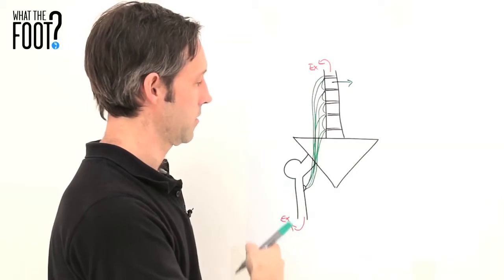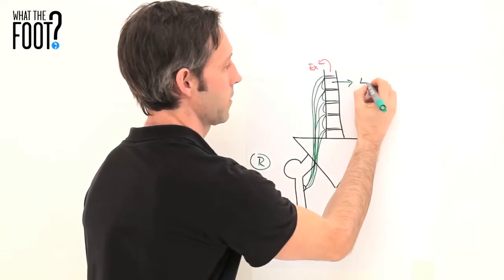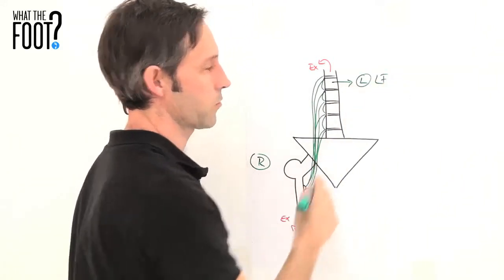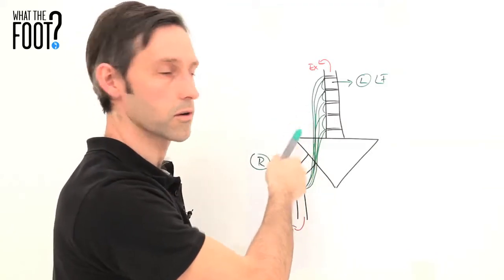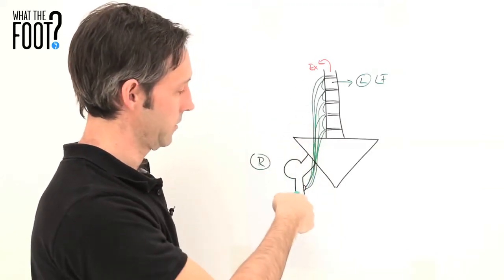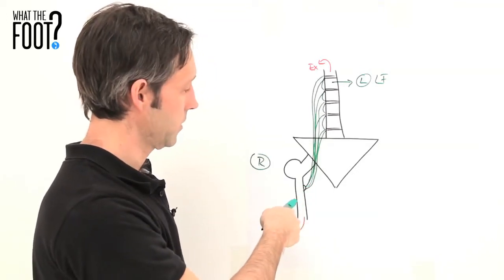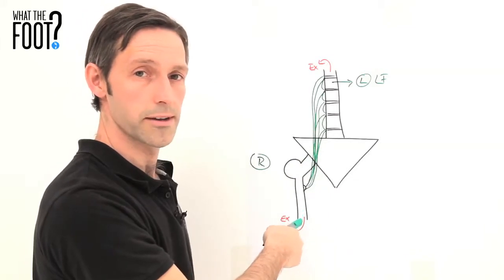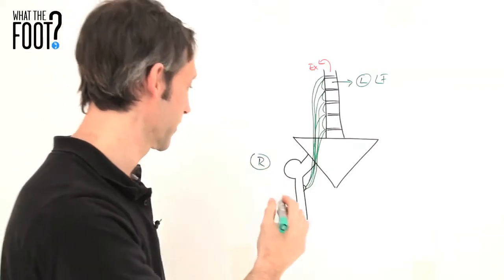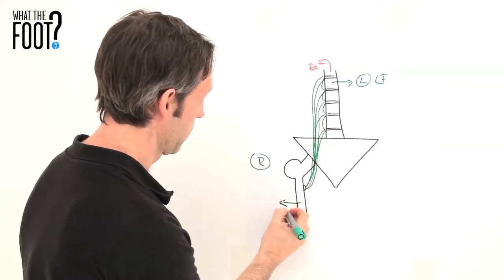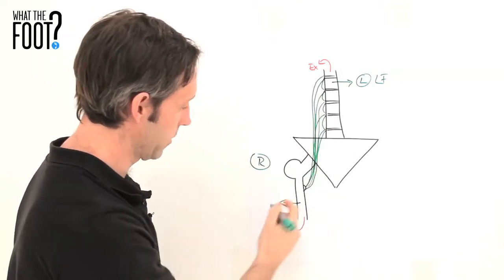So if this is the right leg, we're going to end up with a left lateral flexion in order to put some load in the tissue, lengthen the tissue on the right-hand side. Similarly, when you look at the attachment site here on the lesser trochanter, I'm going to ask you the question, which way would you want to move that in order to get a stretch? And everyone's going to point this way. 100%. Everybody does it. You're all clever people. So we end up here with taking the femur away from the midline,